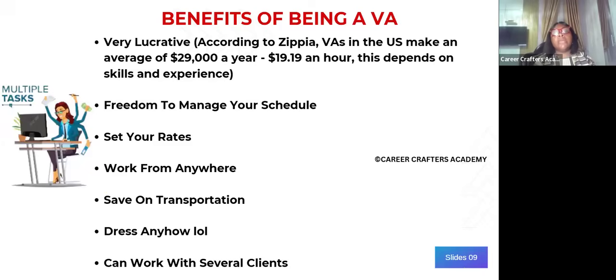So you can work from anywhere. You save on transportation. You don't need to pay to go to work, except sometimes when maybe you just want a change of scenery, you want to go to a new place and work, maybe a coffee shop or a restaurant, anywhere. But day to day, you don't necessarily need to pay for transportation. You can dress anyhow. I know some people like that. I don't know if you've seen any funny skits where the person is in an interview or in a Zoom meeting and they're only wearing a shirt and boxers below. Then something happens and they mistakenly stand up and people see that they're wearing boxers.